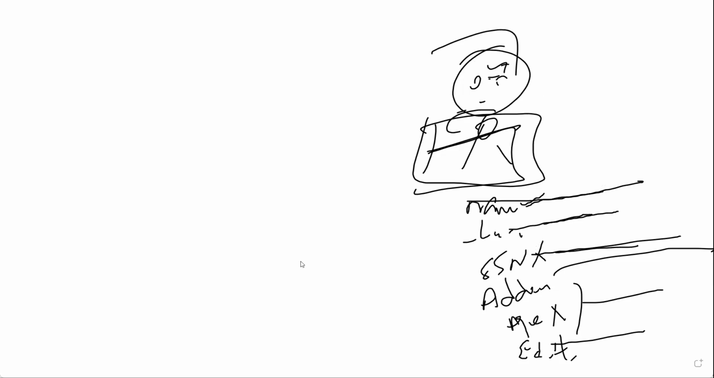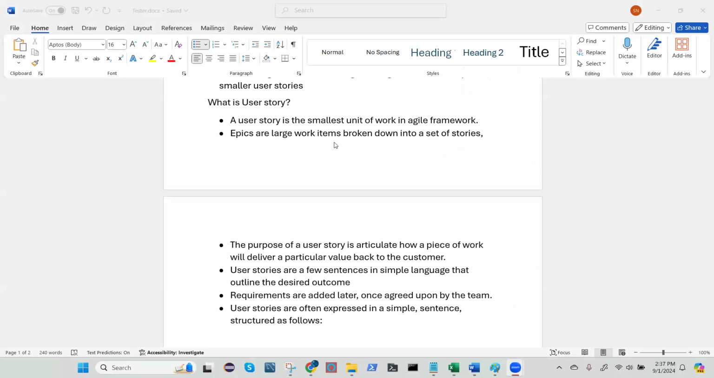Why is it called user story? Because epics are large work items broken down into a set of stories. The purpose of a user story is to articulate how a piece of work will deliver a particular value to the customer. Okay, let me stop there for now. But what you need to understand is that a user story is the smallest unit of work, because these things